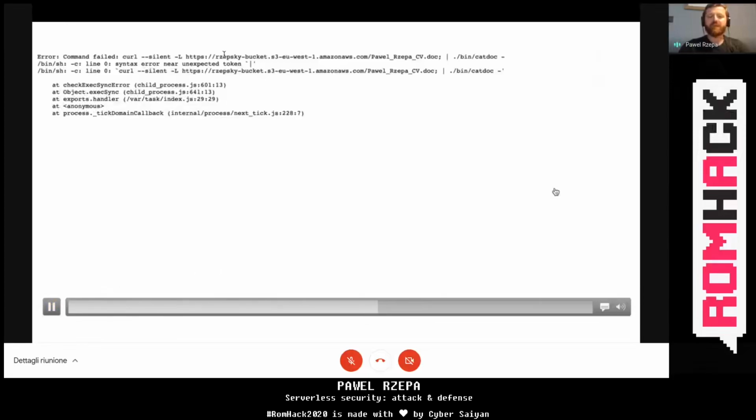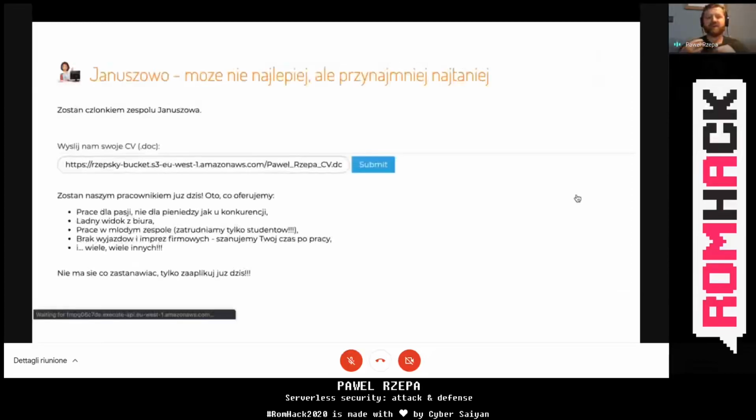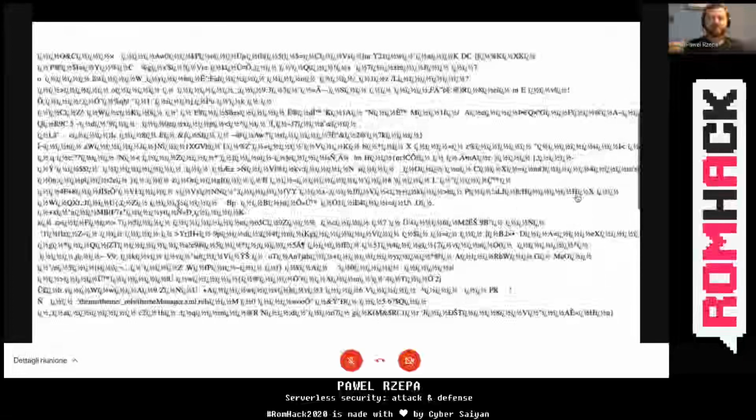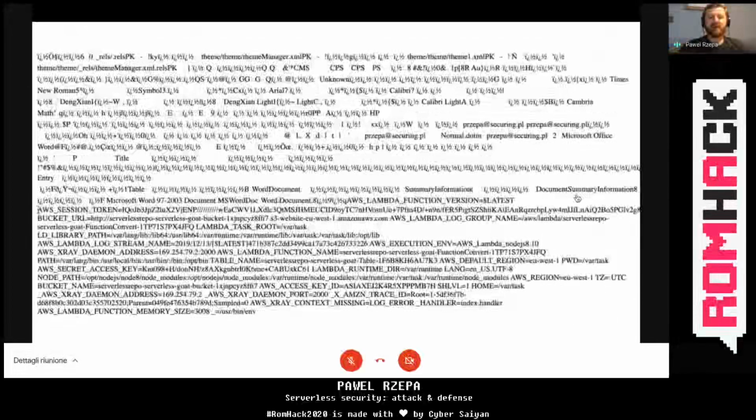If you remember from the beginning of this presentation, if we are the attacker, then instead of just a semicolon, we can put there the env command, which is responsible for printing out the environment variables. So now you can see the AWS session token, AWS access key, and AWS secret.